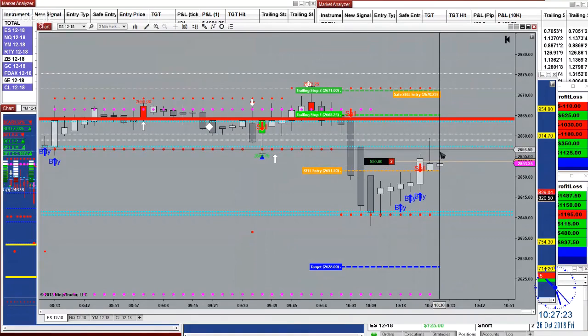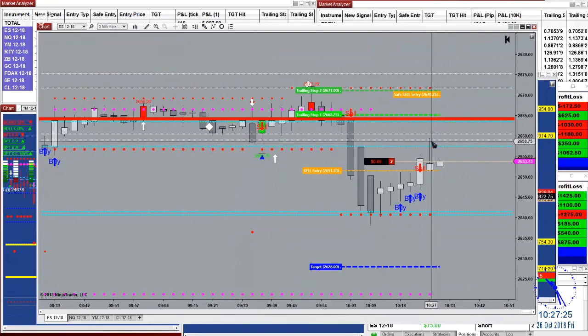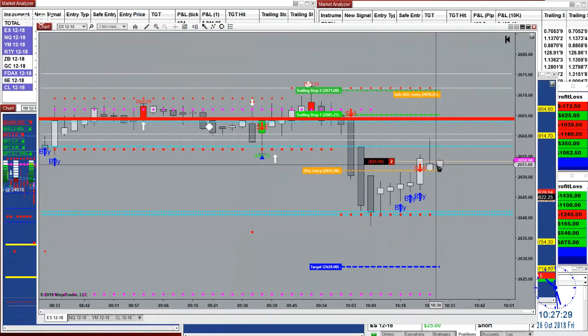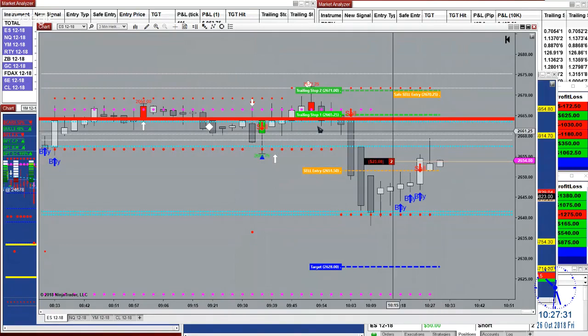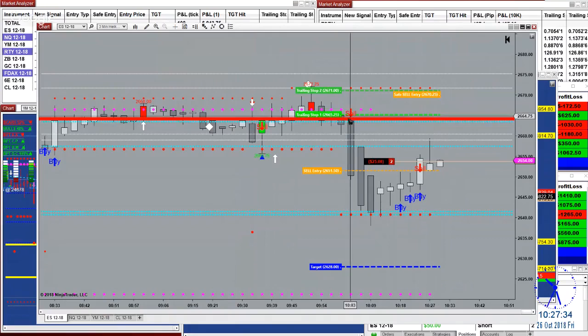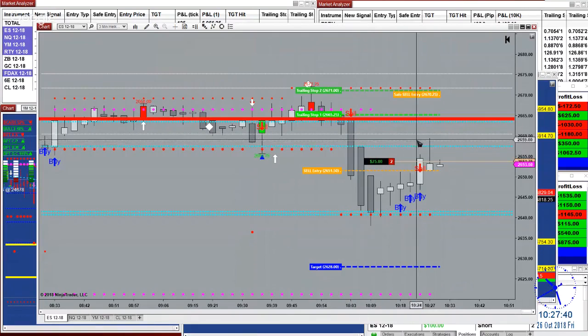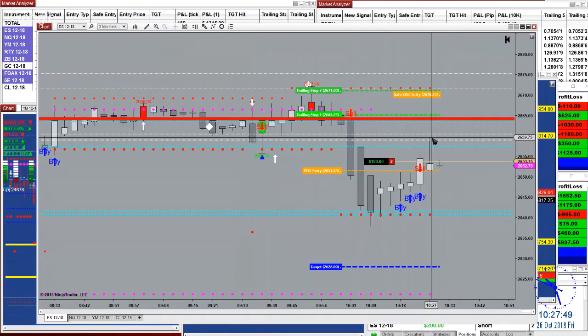And let's see. This is a cat and dog game right now, and let's see if we are able to go back in. If we're not going to go back in, that means all the bets are off in this area here. All the bets are off. And if you are live trading today, or you are auto trading, it doesn't matter where your auto trade is coming from, you're going to dive into